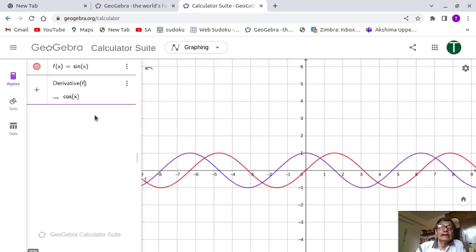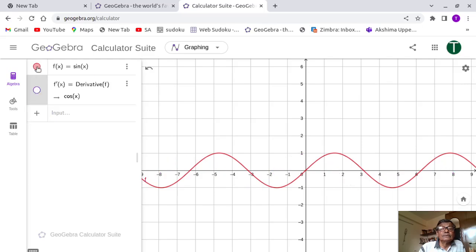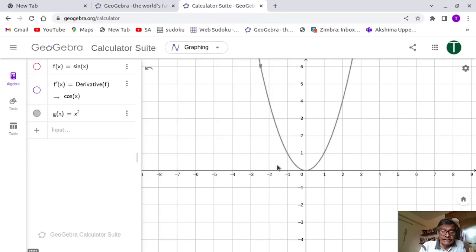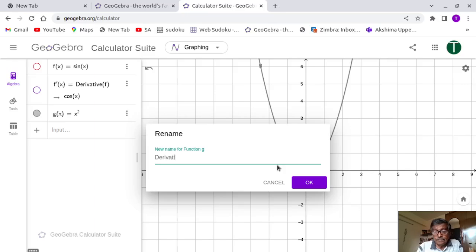Okay, so I have chosen this function. For example, let us take another example. You hide these two functions and write, say, x square, a parabola with its vertex at origin and in the upward direction in the positive half of the y axis. So this is the curve, and you simply write derivative of which function? Oh,